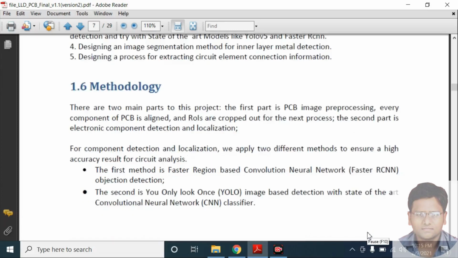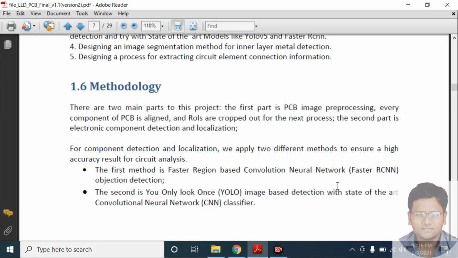Methodology. There are two main parts of the project. In the first part, PCB image processing, we check whether every component of the PCB is aligned or not, and ROIs are cropped out for the next process.